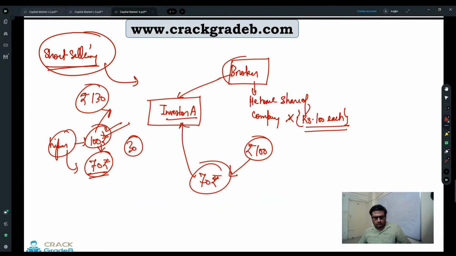Okay, so this is the way how you do it. And sometimes you have a vision. Vision means what? An insider. There is an insider who is providing you information about the company and its activities. And you know which company's share price is going to rise, and which company's share is going to fall. You already know the internal decision making of a company. So with this insider information, you can do such kinds of things, right? And it is known as